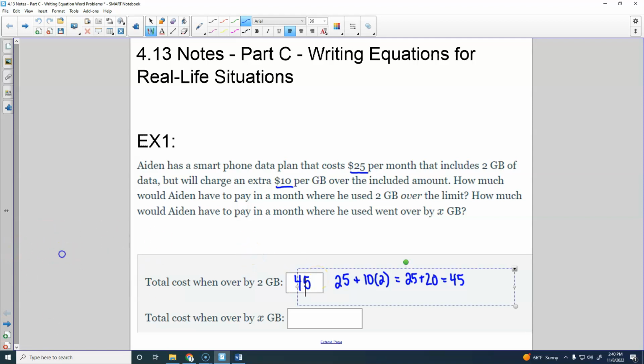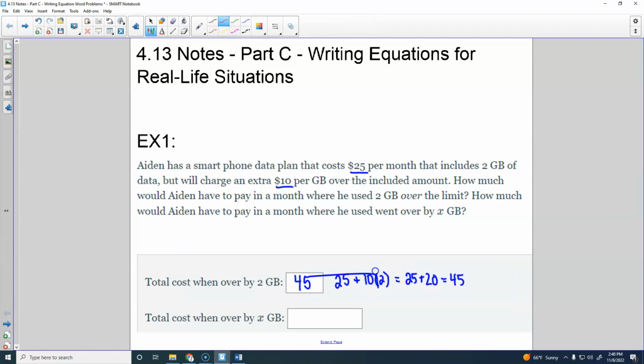So the way they're wanting you to work through this is to think about, well, what happens if there's a different number there? Well, this amount right here, this value that I had, this 2, it could change. You could go over 3 gigabytes or 10 gigabytes or something like that. So what it's wanting you to do in the second part is to write an equation, or, well, not even an equation, just basically an expression,